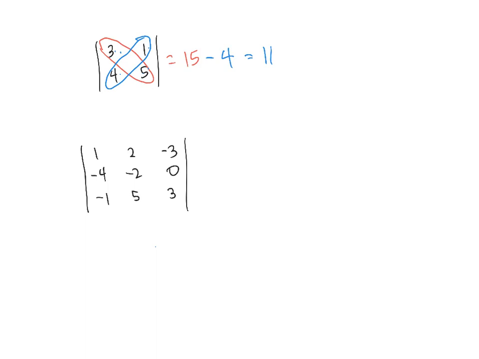So what we do to compensate for that and to make it actually work out in a way that makes sense is we're going to do something called the basket weaving method. The basket weaving method is a way of evaluating 3x3 determinants that doesn't work for bigger determinants like 4x4s and 5x5s, but we don't really need to know how to do 4x4s and 5x5s by hand, so we're just going to stick with the